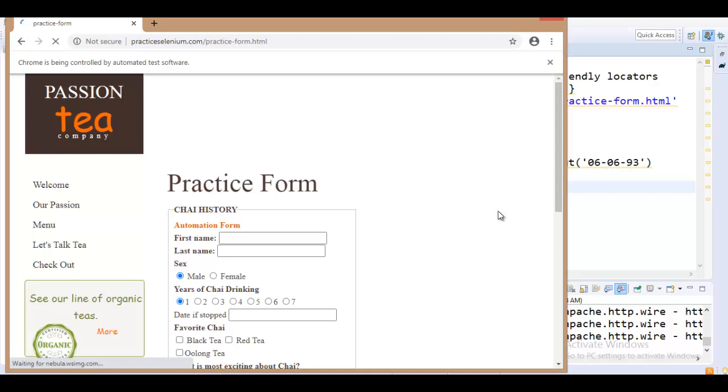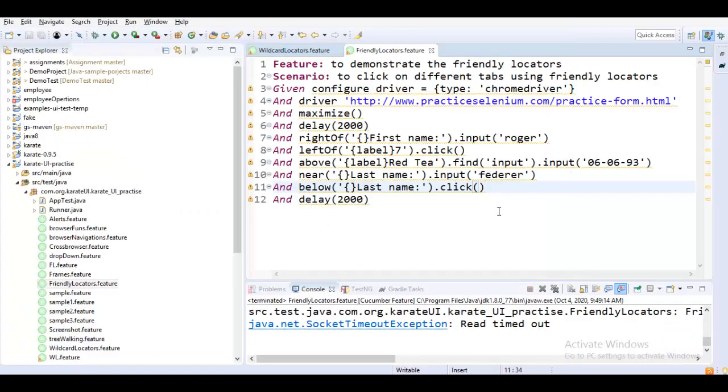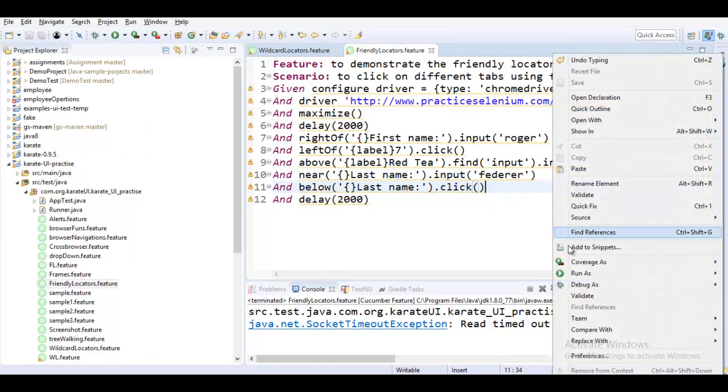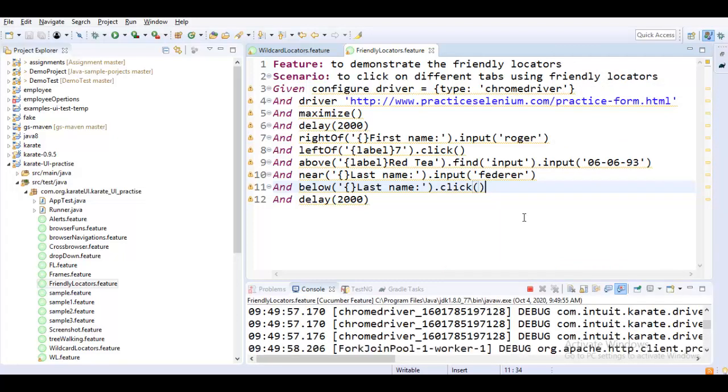Yeah, but with these functions, we are not really sure how far we can use them. I always recommend that you write a standard XPath for the respective element, then go for it. There would be cases where you will not have proper HTML attributes to catch an element, and that time this navigation is recommended. Other than that, more often than not, we end up writing standard XPaths for the respective element. Let me rerun again.